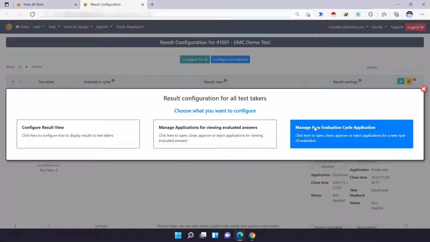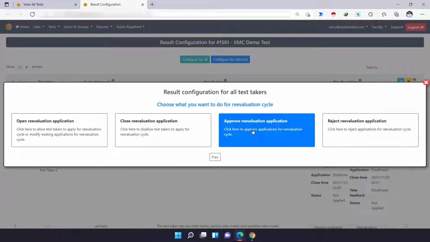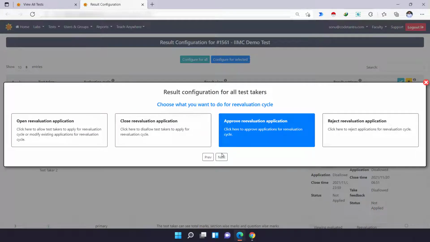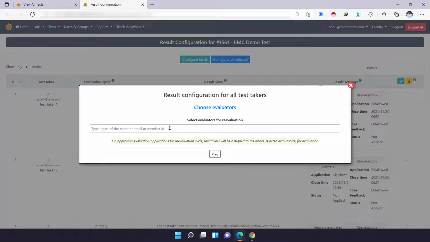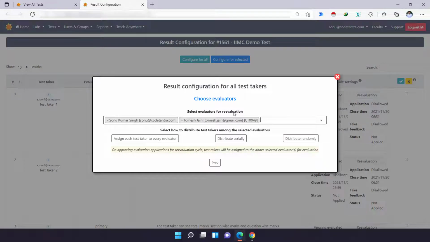The next thing that I want to talk about in the same manage new evaluation cycle application is the approve and reject. So whatever applications that we have received, we can approve them, and when we are approving this, we need to give the name of someone. So let me type the name of a few evaluators. So let me say that I want to assign for re-evaluation for these two candidates.